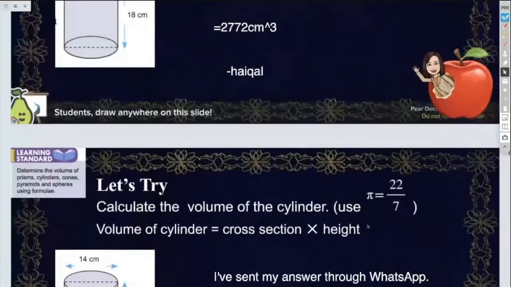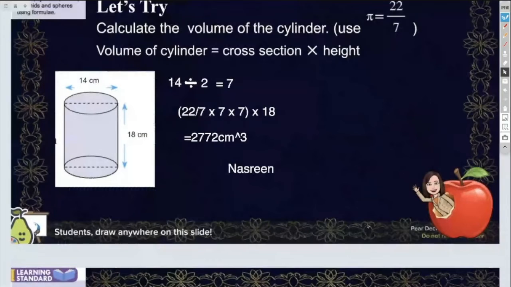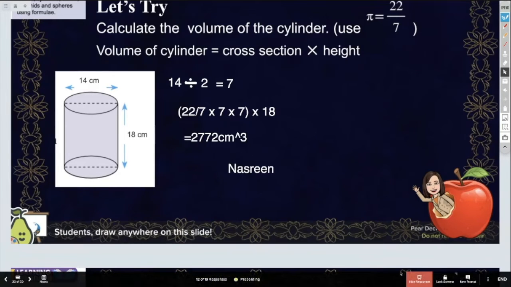Just now the teacher said who has to check again. Whose is not finished yet? Nasrin. Okay, correct already. How to get the 7? Is it 14? Yes, divided by 2. Yes, 14 is the diameter. Okay, Alia, 14 is the diameter because the formula is pi r square, r is the radius. So radius is diameter divided by 2. Okay, you remember diameter divided by 2 is the radius. So we proceed. This one is very simple. So we proceed to the next shape.